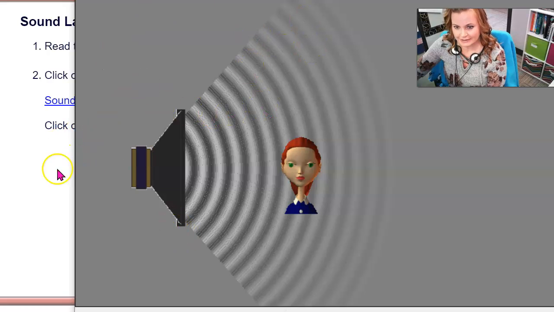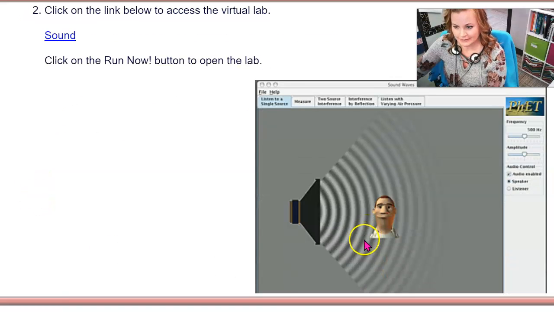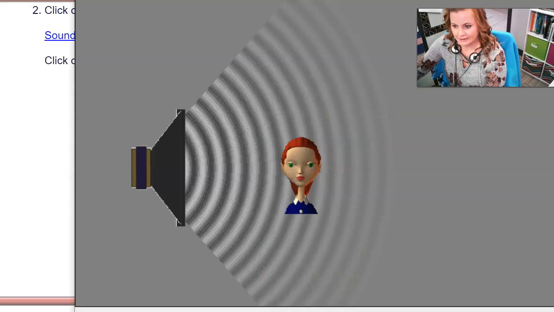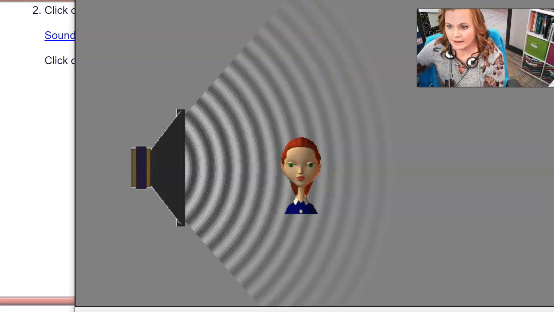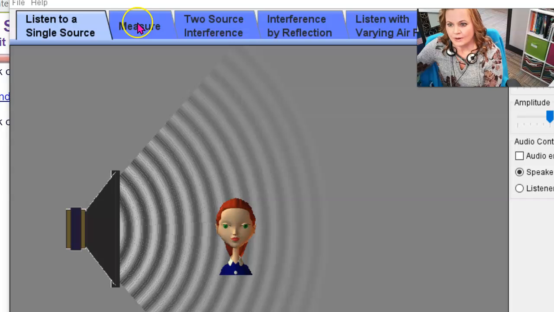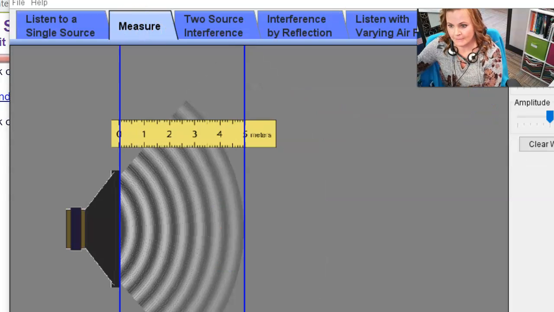Looks a little different than the one in the lesson where it has some dude here. So here we have, obviously there's a lady on this one, so it's an updated version from what they have in a screen capture in our lesson. So you're going to actually be using, at the top here, where it says measure. We'll be clicking on that one. And when you do click on measure,